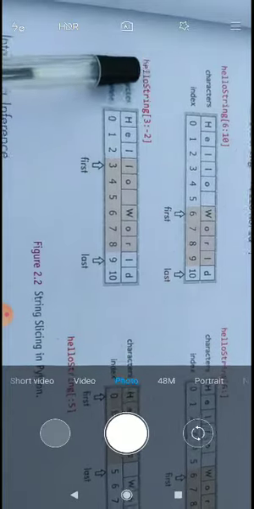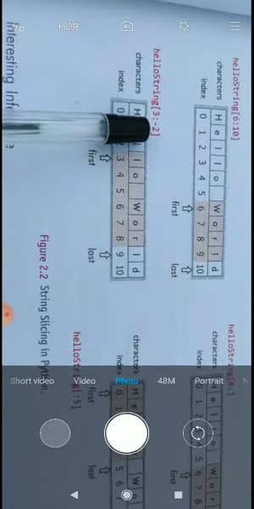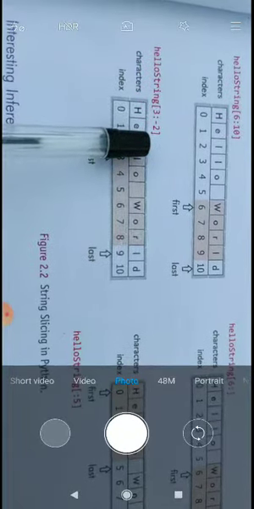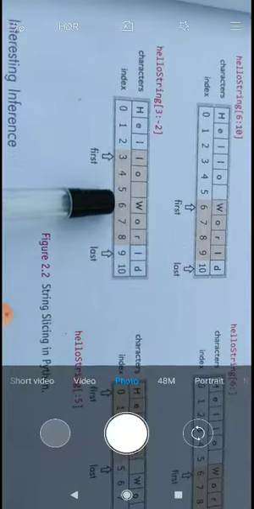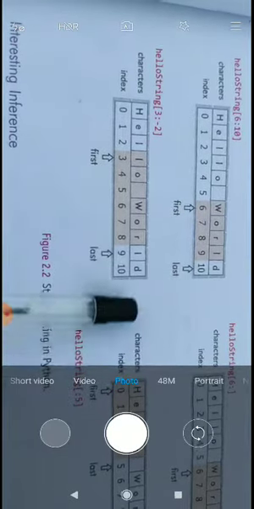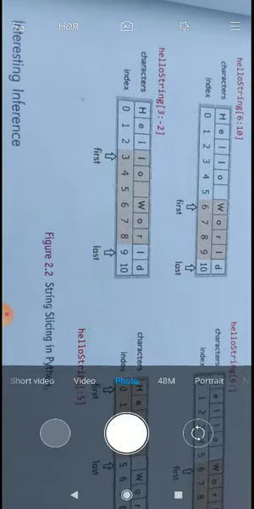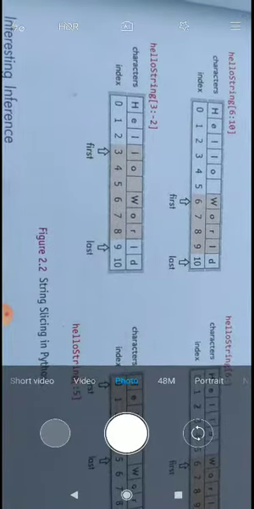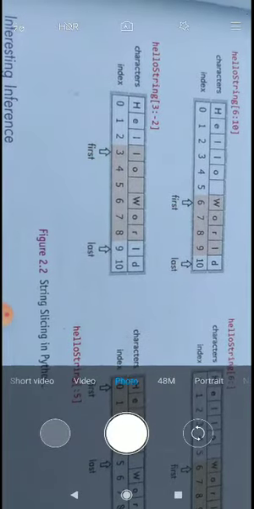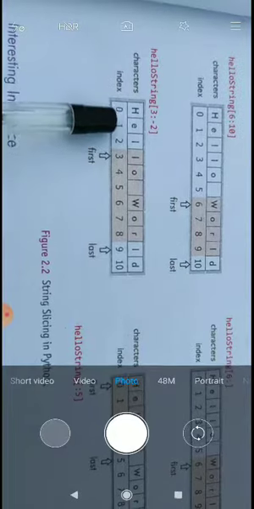Once again, you can see here hello_string[3:-2]. As you know, there are two types of indexing, forward indexing and backward indexing. Forward indexing reads from 0 to the last, and backward indexing reads from minus 1 to the first.